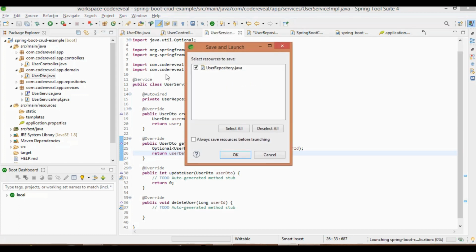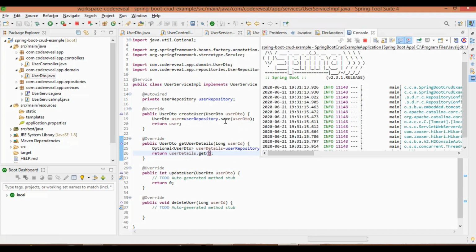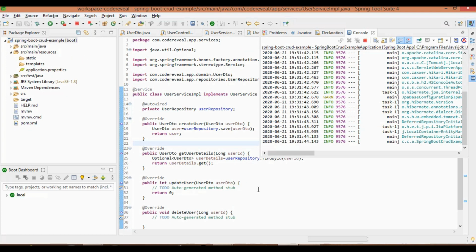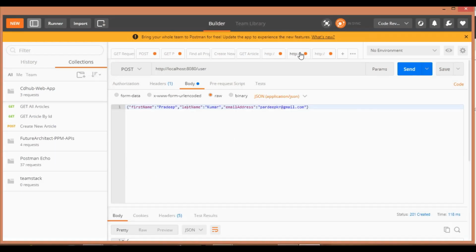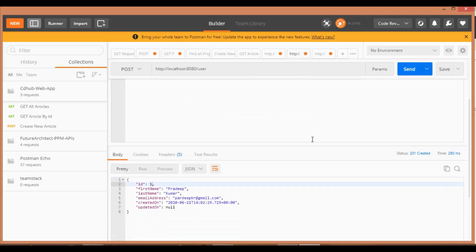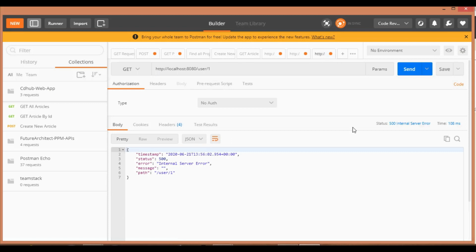Let's restart the application. So the application is started now. Let's test the get API as well. We created the object, and it's coming. Let's test the get request also.